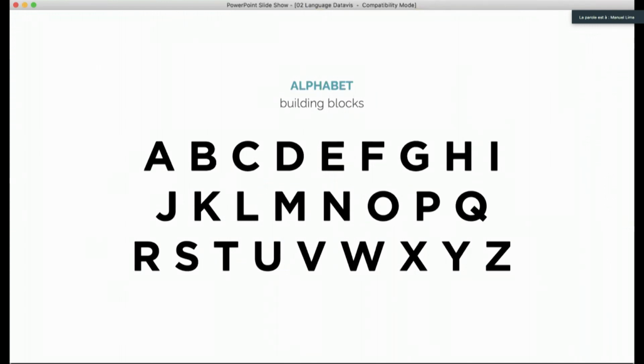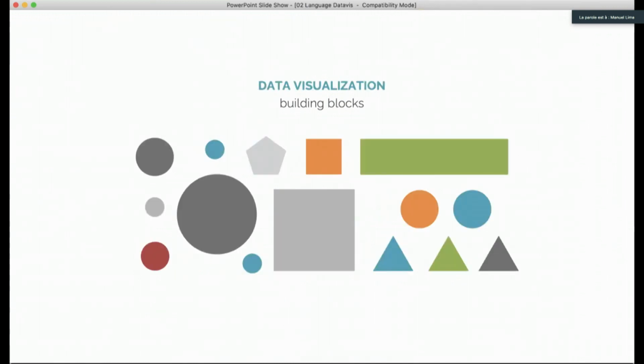And so in the same way that we had almost infinite ways of combining these building blocks, right? The alphabet to create language, to create anything from poetry to a description of a video game, right? We also have a set of building blocks when it comes to information design and data visualization. And these building blocks are not letters themselves. They are shapes. There are different sizes. There's color, right? Multiple traits that allow us to combine these shapes in multiple ways and create meaning and convey